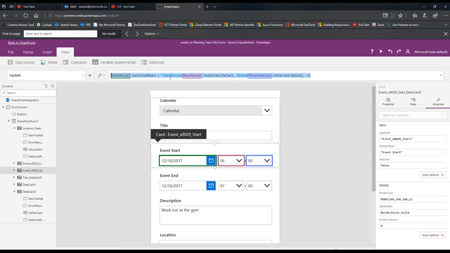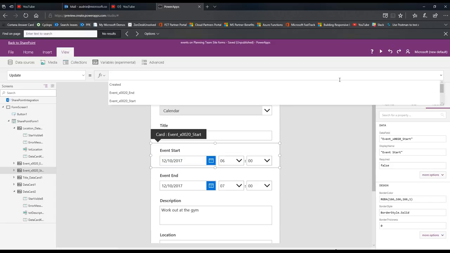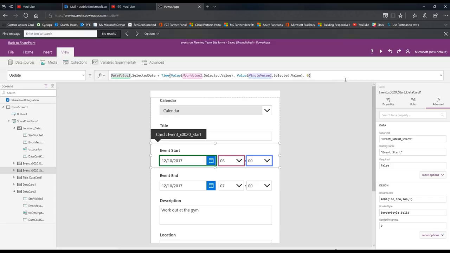Basically, if you notice carefully, I did do a Control-C. If you want to be sure, you can do a Control-X to cut it out, and then repaste it just so that you can make sure you have it on your clipboard. But notice that this one is date value 1 and these things here all value 1, and the event